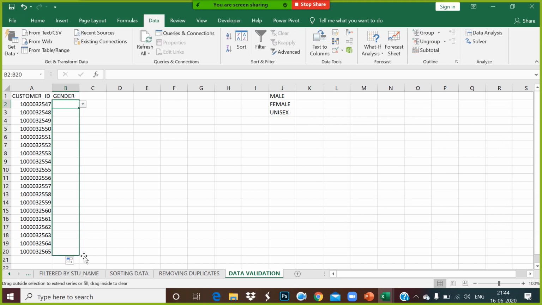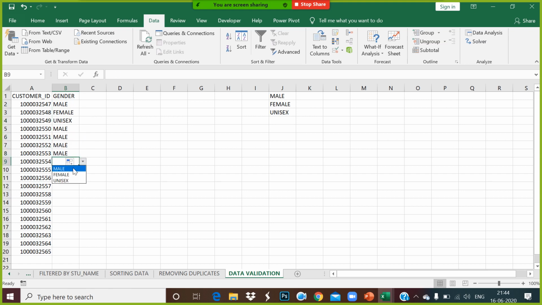I can drag this over here and choose male, female, or unisex. So guys, this is how we do what is called data validation.